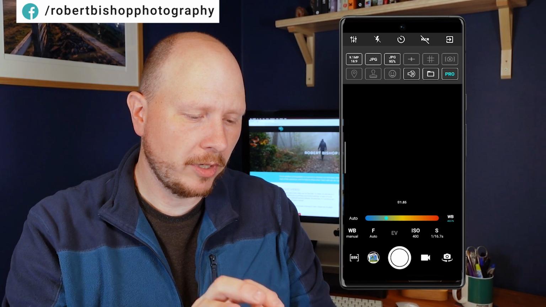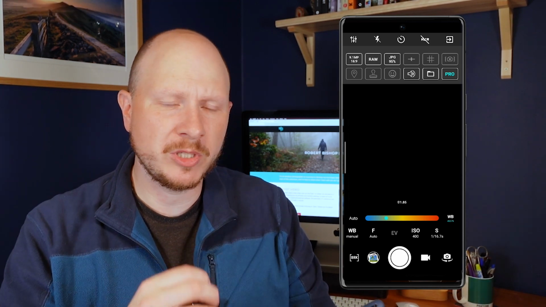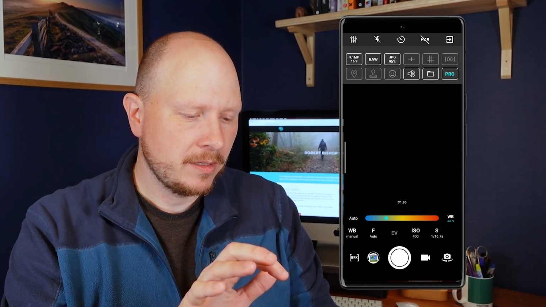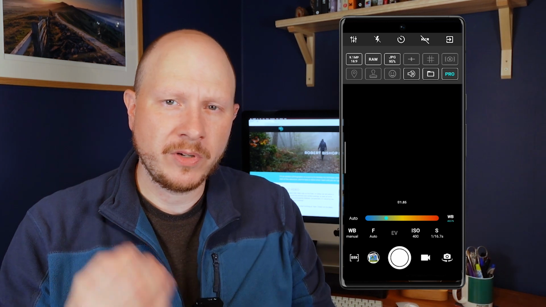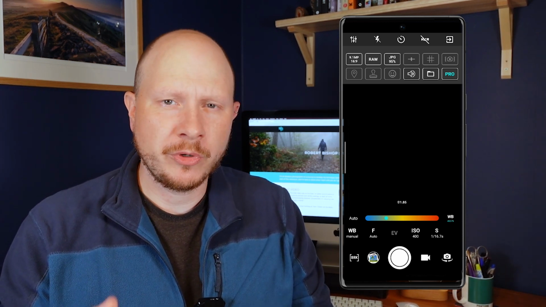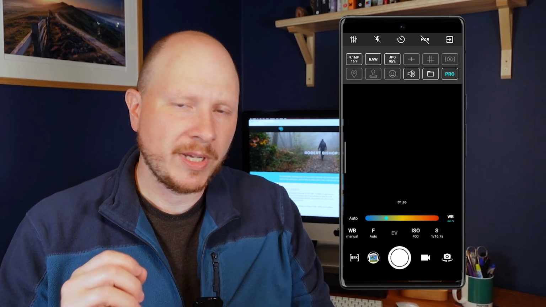Here you've got the option to change to RAW, really good for photographers obviously. You can edit your images later. You can change the quality of JPEGs and things like that. By default, or rather in the free version of the app, you're limited to around about 10 megapixels. If you unlock the Pro version, which is £4.49 here in the UK, then you can get access to those